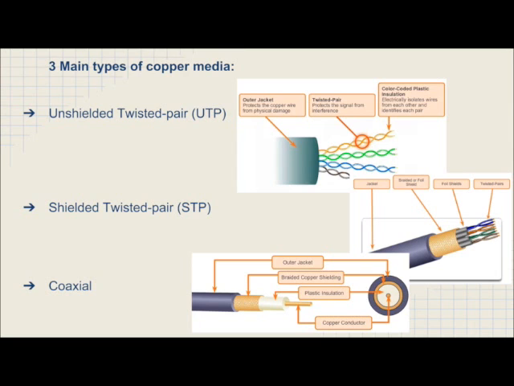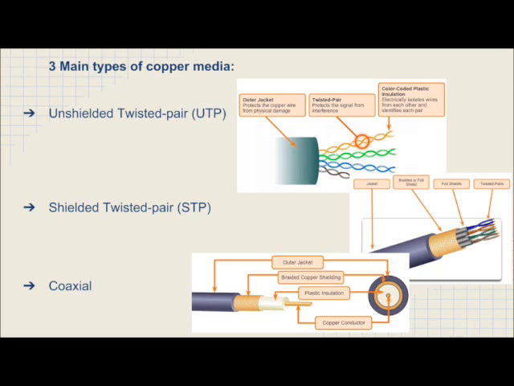UTP consists of 4 pairs of color-coded wires that have been twisted together. The twisting of wires helps protect against signal interference from other wires. Shielded twisted pair provides better noise protection than UTP cabling. STP uses 4 pairs of wires, each wrapped in a foil shield, which are then wrapped in an overall metallic